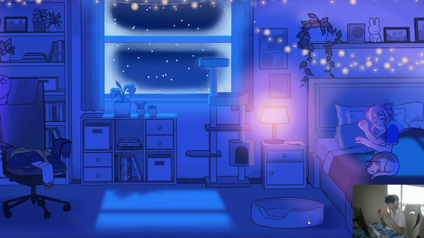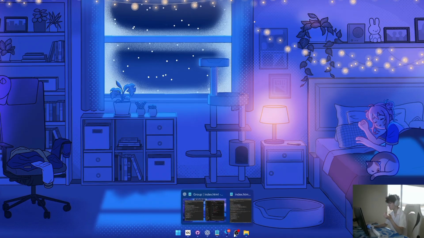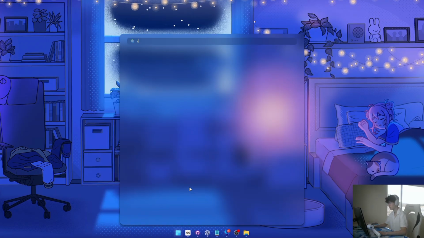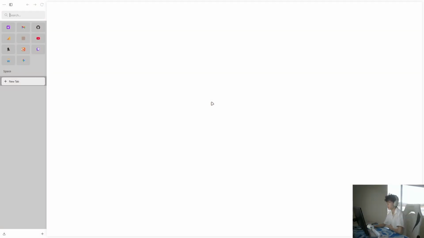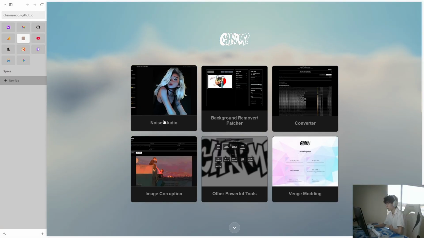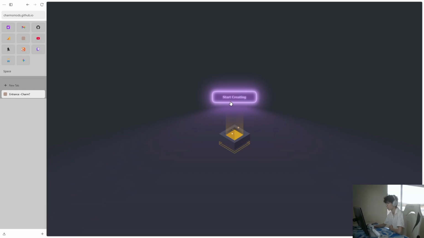So I've been asked to make a video on how to make a Venge mod for browser. It's a pretty simple process. It's pretty much the same as client, there's just a few differences. So open up your browser, go to the link to my website, go to Venge modding, and then you're just